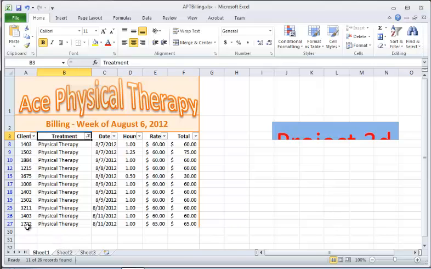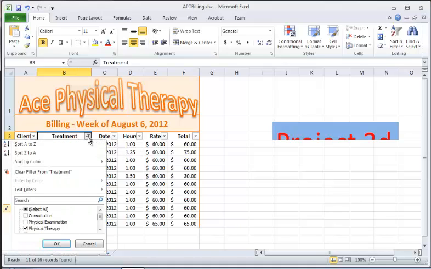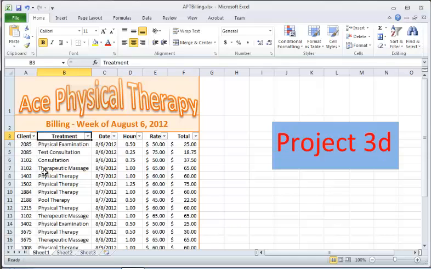There are a number of different clients who had physical therapy. So that's a way, for example, if you have a physical therapist in your office, you can see how many treatments that physical therapist gave. So that's one possible scenario of how this tool could be used. Let me go back here, and this time I'm going to use a clear filter form. Alright, so next,